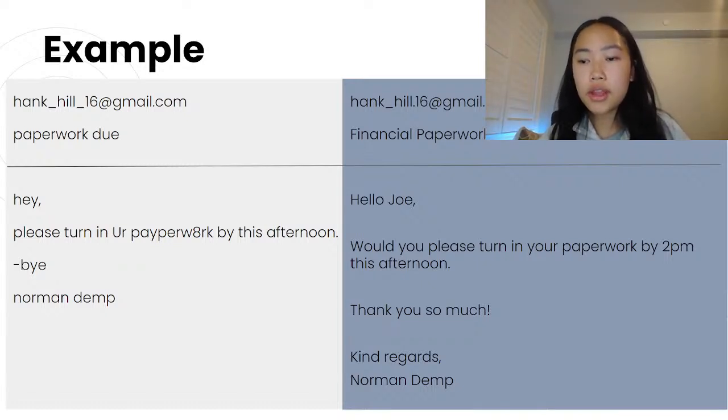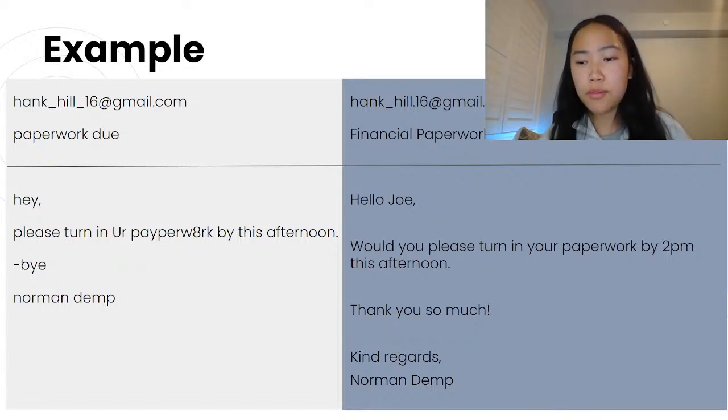Third, the salutation and greeting is very informal and can be replaced with hello or hi followed by the recipient's first name. Fourth, the message needs to be edited, in terms of grammar, punctuation, and capitalization, especially for the body message. Instead of saying, please turn in your paperwork by this afternoon, they misspelled paperwork and used the slang your.